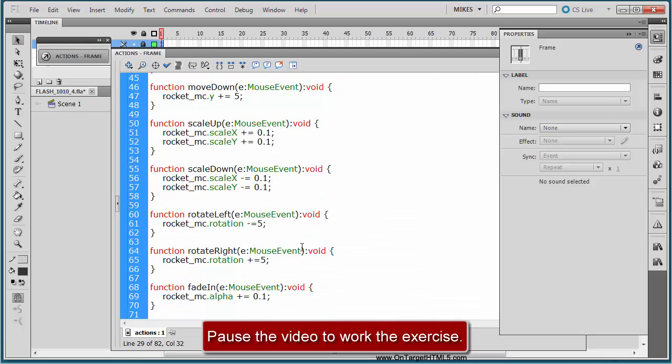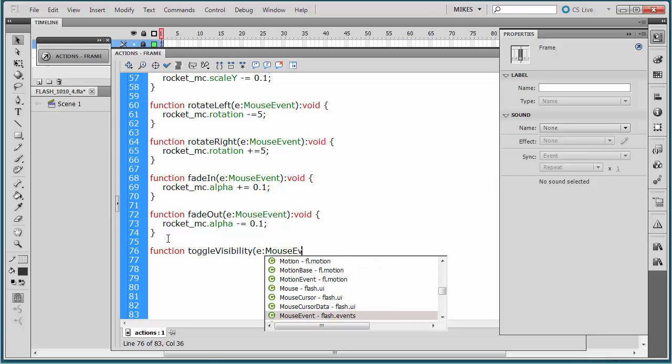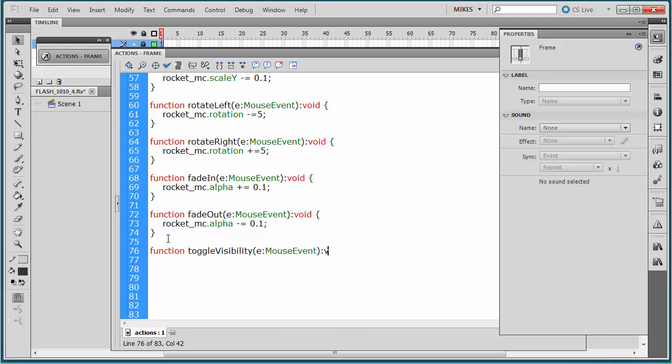Now I'm going to scroll to the bottom of my functions. I'm going to put in another function called toggle visibility. Opening my parentheses, E again will be my temporary variable. I'm going to go ahead and put in my mouse event because that's what we're listening for. Again, no return data type. Opening and closing curly braces. I'm going to say rocket_MC dot visible, and that's going to be equal to not